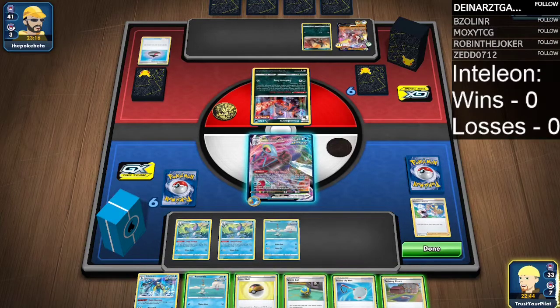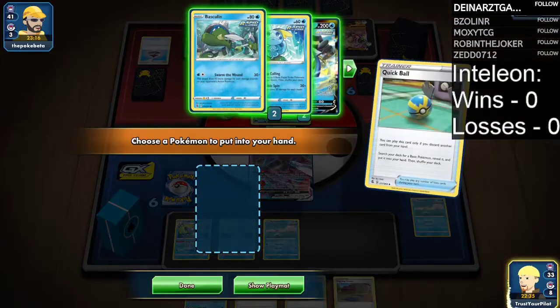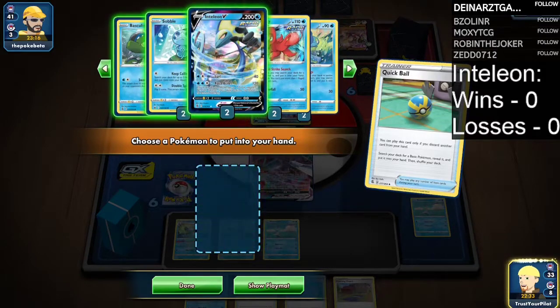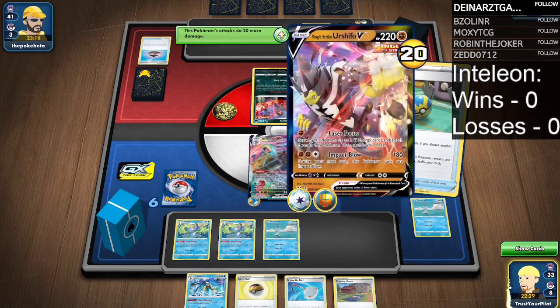All right, I don't need another Remoraid. I don't think they're going to do anything to knock it out, so I think quick ball the Remoraid, go get another Sobble. Actually, no, I need another Inteleon in case they... Because they'll have 3, so how much damage can they do? They would do 270, 290...